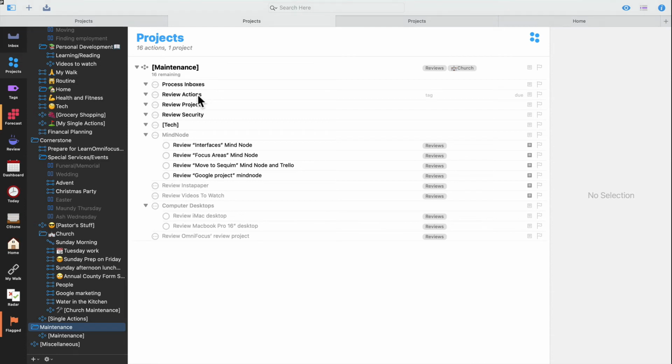I want to look at my inboxes. I want to look at my actions. I want to look at my projects. I want to look at my security. You can review Google security and email security and things like that. And then tech. That has a lot of cleaning things. Do I have the right things? Is it time to upgrade to the iPhone 12? You know, questions like that would come in my tech review, where I'm just looking at, do I need to advance everything? Then I've got my MindNodes, and I've got everything else that I look at.